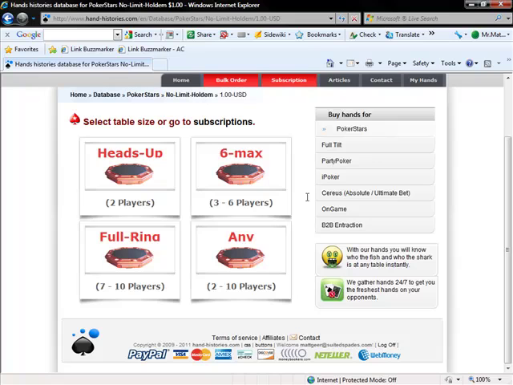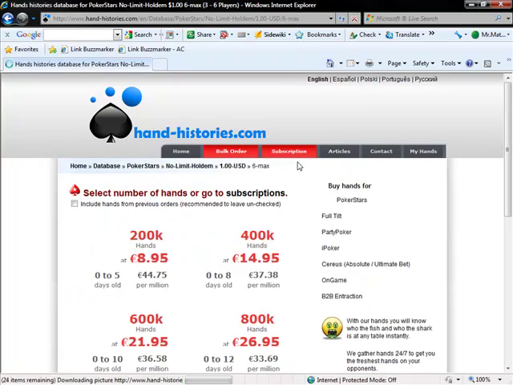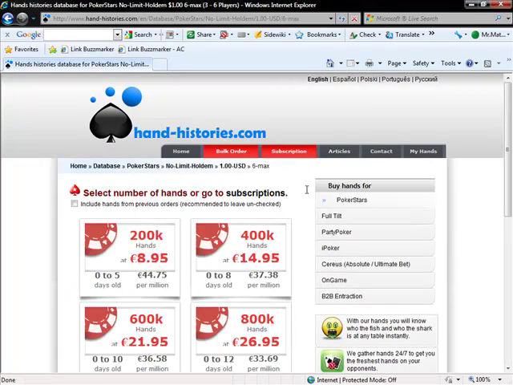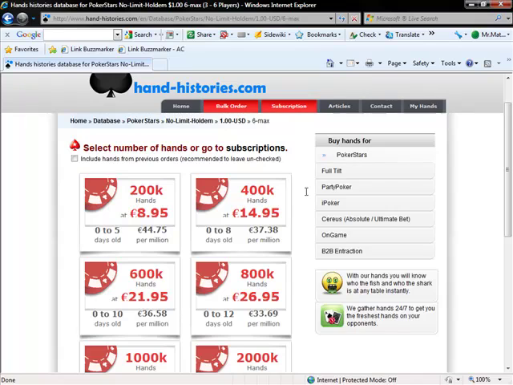Here your options are heads up, 6 max, full ring, or any number of players, 2 to 10. Keep in mind that handhistories.com only mines and sells hands for cash games. There are no tournament or sit and go hand histories. So these are all cash game. We're going to go with 6 max. That's the option I went with when I bought hand histories. So this takes you to